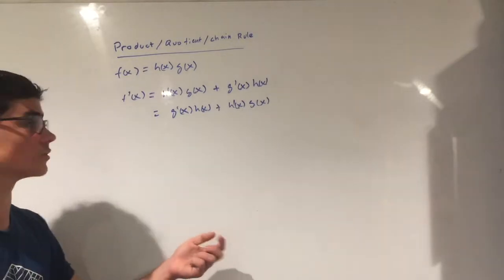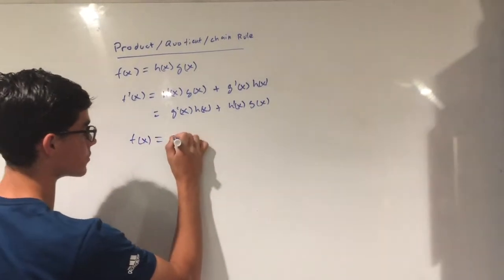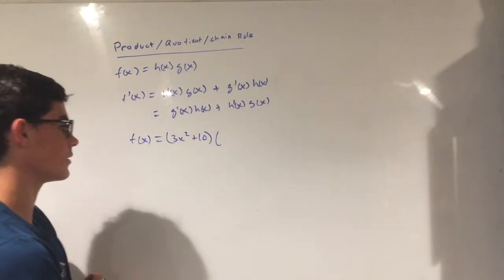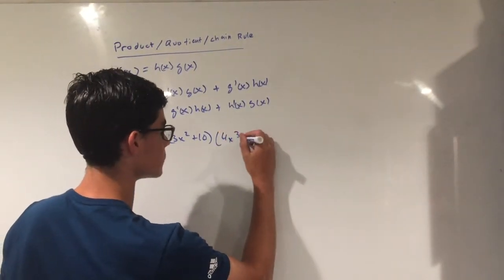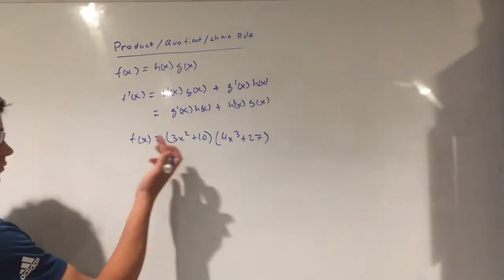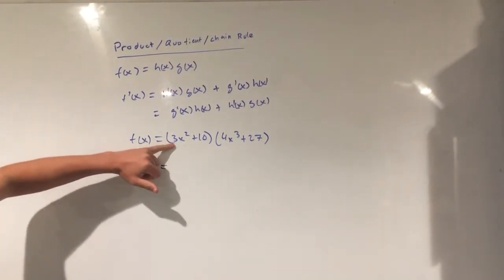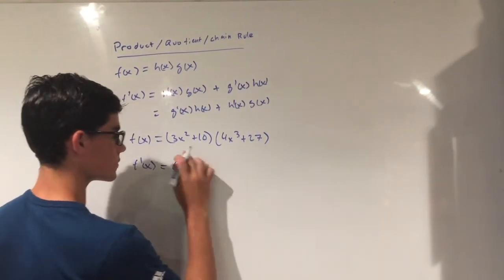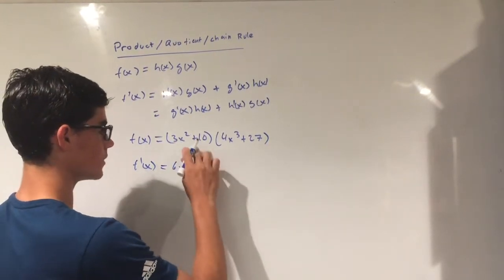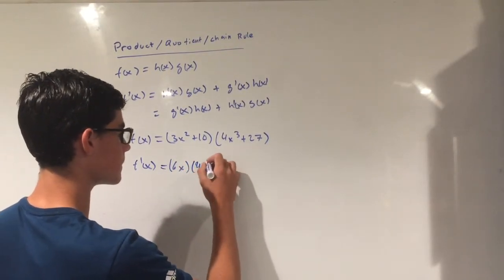So to illustrate product rule, let's just jump into an example. We'll take an example of f of x is equal to 3x squared plus 10, and we'll multiply this function by 4x cubed plus 27. Now, when we take the derivative, we'll apply the product rule, and so we take the derivative of our first function, and so we'll have 6x, 2 times 3 is 6x, because it's 2 minus 1. The constant goes away to 0, times the other function,